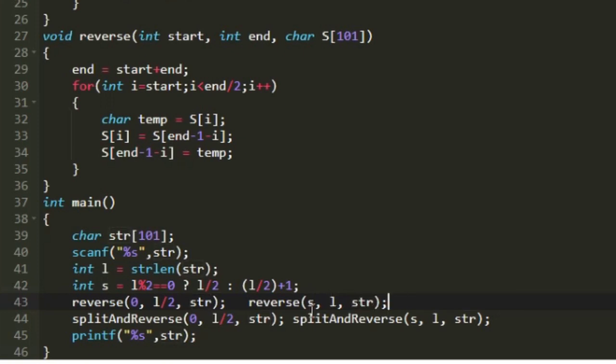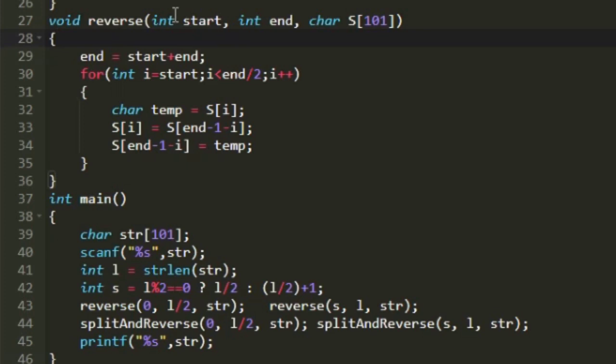Now let us see how this function reverse works. We are accepting the starting and ending point as integers, and now we have to reverse all the characters in this range. To reverse the characters, we can do it in two ways. First, we can store all the characters from the start to end in a new temporary character array, and then we can replace all the characters in S from the temp array from last. Or else we can iterate from start till end by 2, and in every iteration we can swap the characters present at first and last, second and last second. Like this, when we swap all the characters, the array would be reversed. We can do any of these methods.